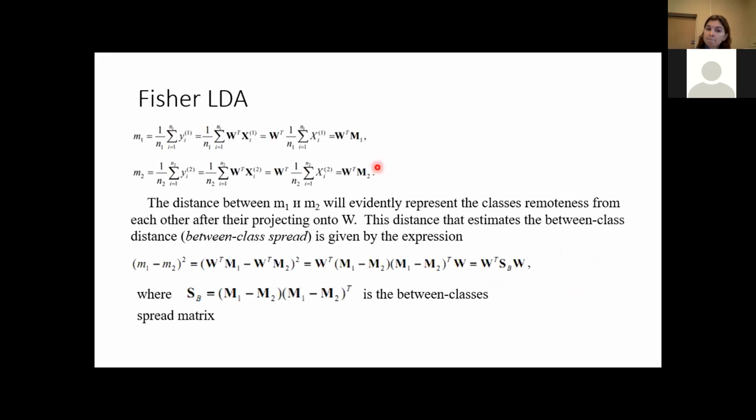How can I know that this is optimal? We'll go into this, so just keep it in mind. The distance between M1 and M2 will evidently represent the classes' remoteness from each other after the projection. Let's suppose that we express the distance between classes as the distance between the mean values of the classes in one-dimensional feature space, because we have projections. This distance, the between-class split, is given by the expression